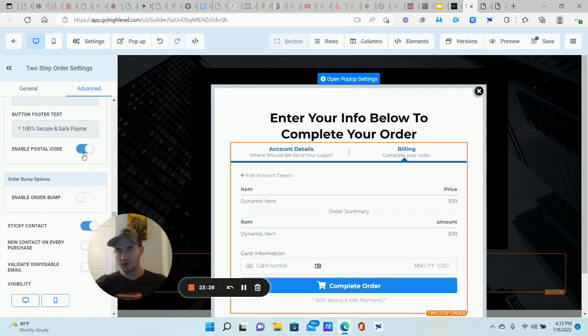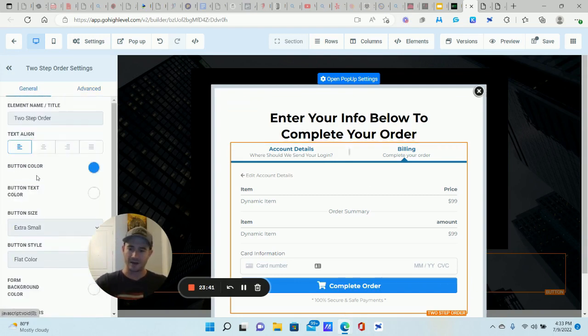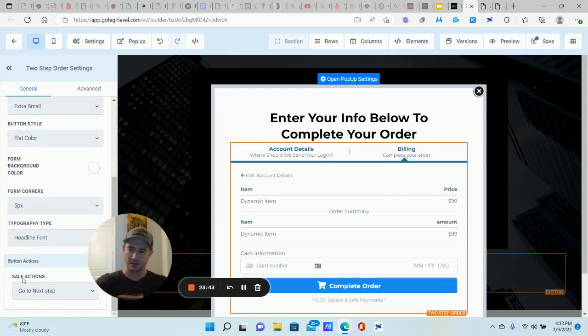Enabling postal code could be good. Again, just in case you get chargebacks and stuff like that. The more information you have, the more likely you are to win the chargeback. But hopefully you're not getting too many chargebacks anyways. All right. That's our order form, and we just want to make sure that after they submit this, it goes to the next step. All right, we're just going to leave that. Okay, so we click save,